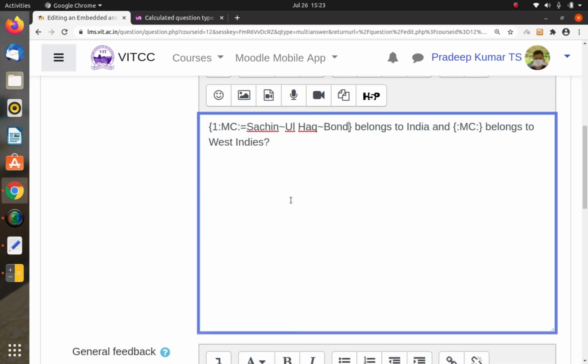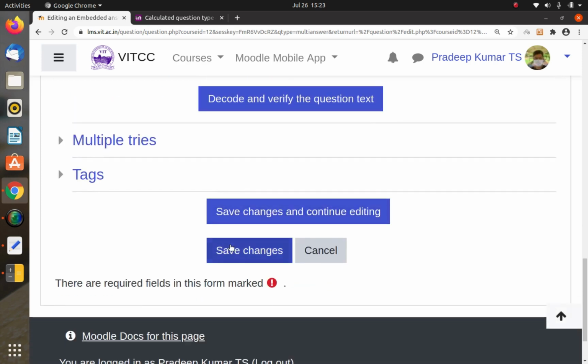So there will be three options. Similarly here I can use tilde Manoj, then equals Richards, then tilde Tausif. MC means multiple choice. Then I decode and verify and save changes.